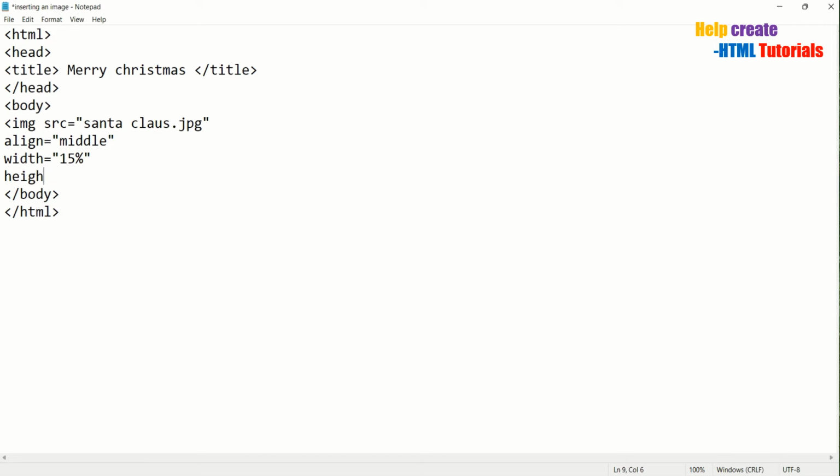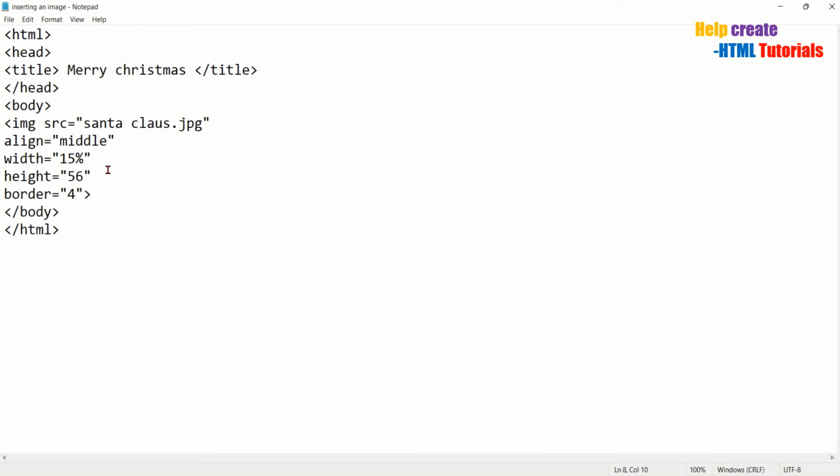Then height, let's try it in number type, so 56 would be fine. And then we'll take the border, so border we'll take as 4 for now. So we'll just add a closing bracket and save this and see the result.